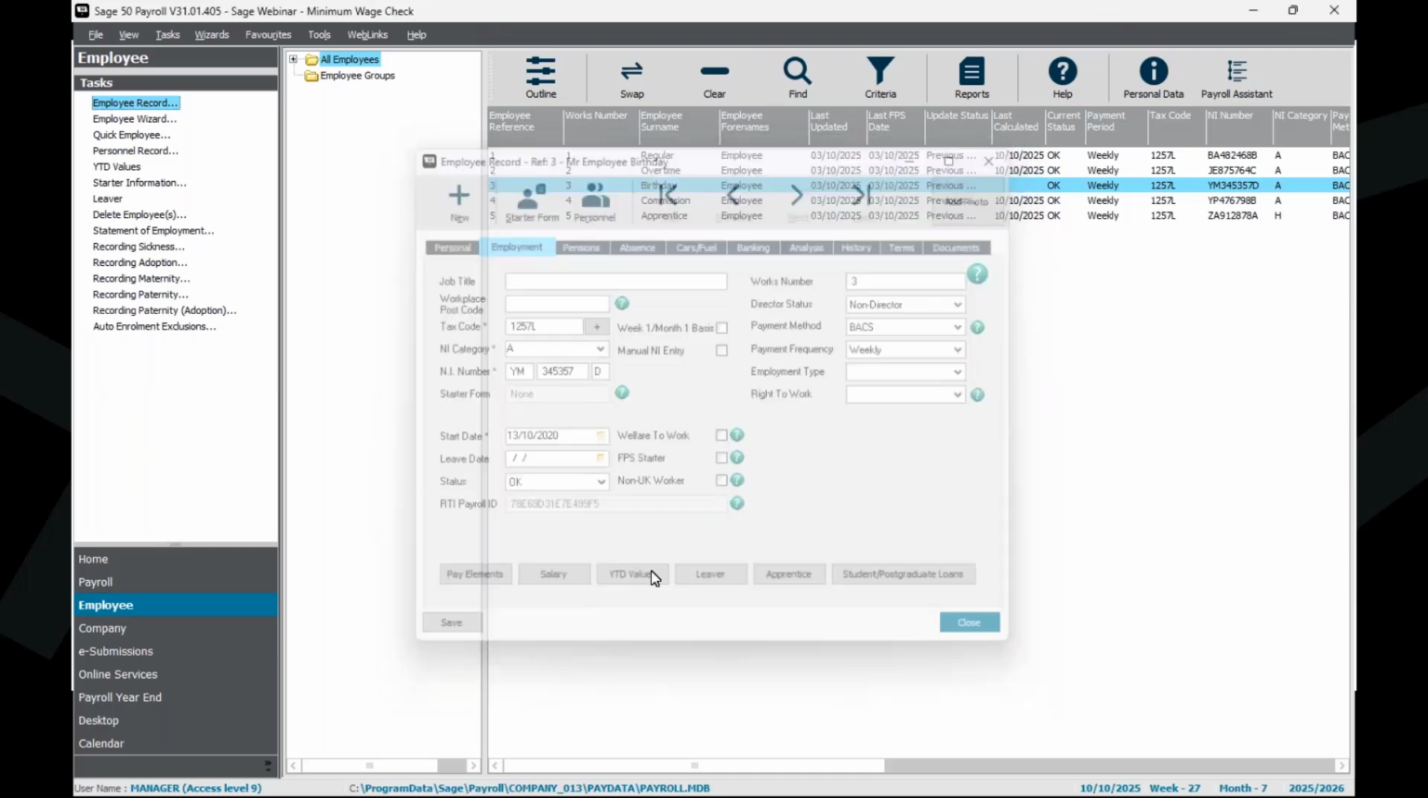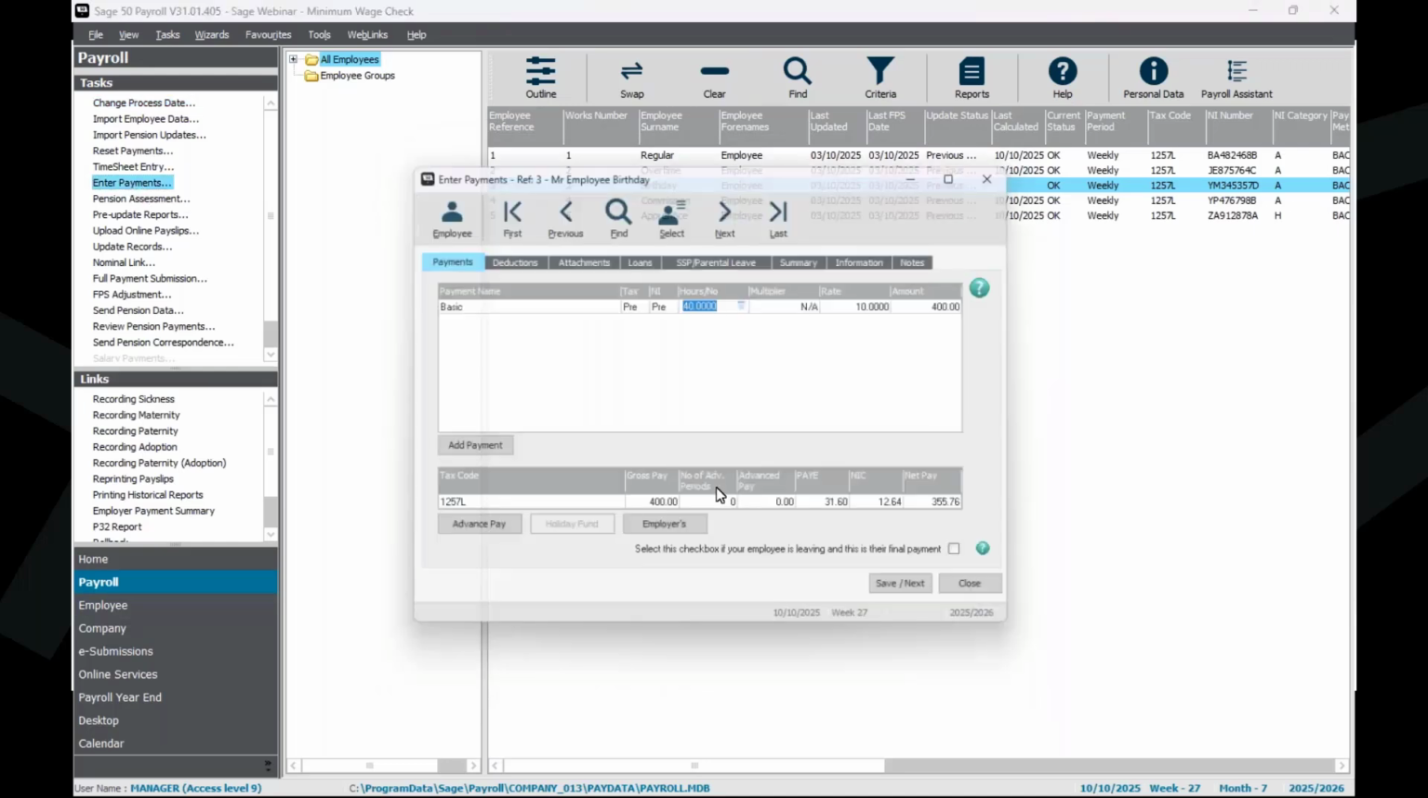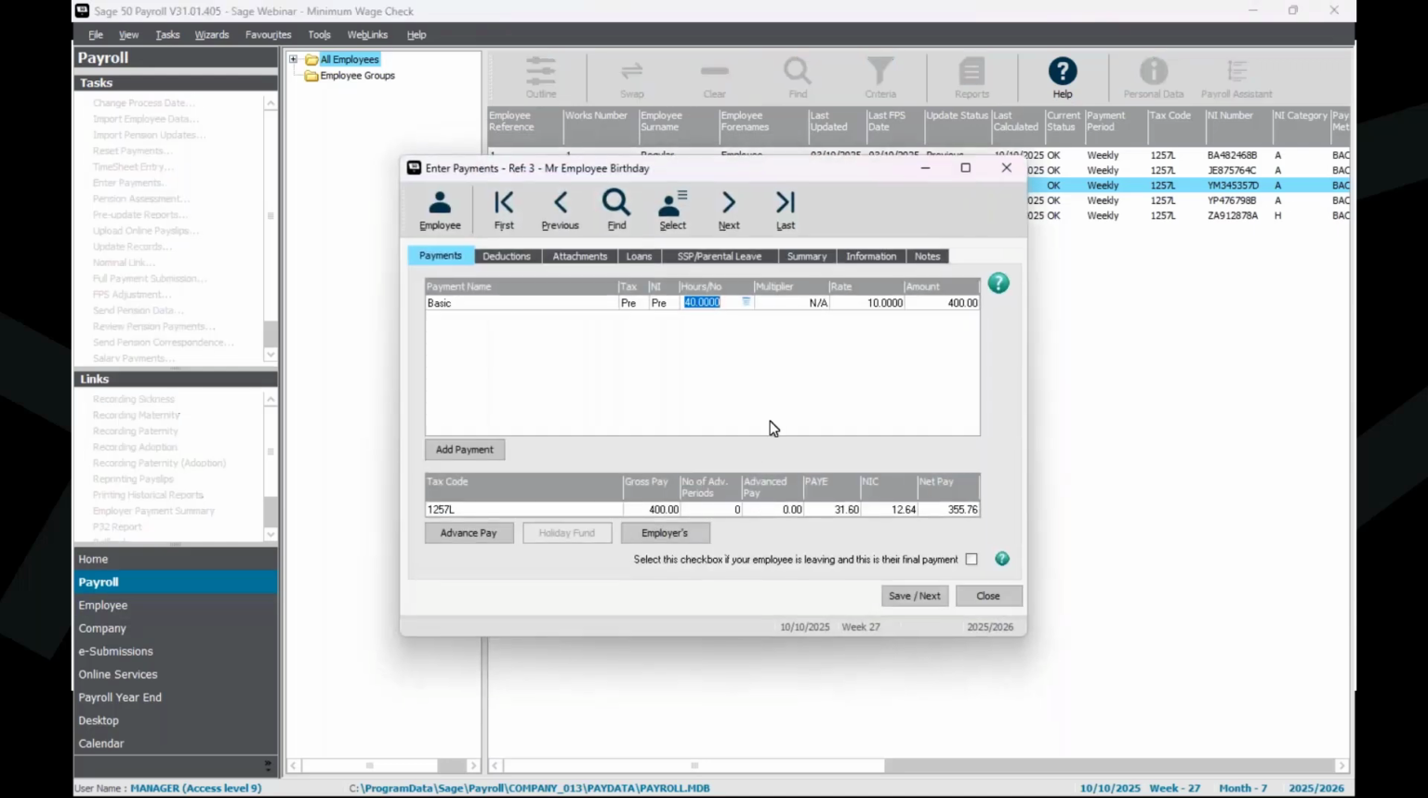Now, if I go into enter payments for this employee, you can see they are still being paid the rate of £10 per hour. So that's the rate for 18 to 20-year-olds. But if I go to Save Next, I'm actually not getting any prompt just yet. Now, you know, as an employer, you might choose to increase it if you wanted to, but legislatively, that's not actually going to prompt me to change it